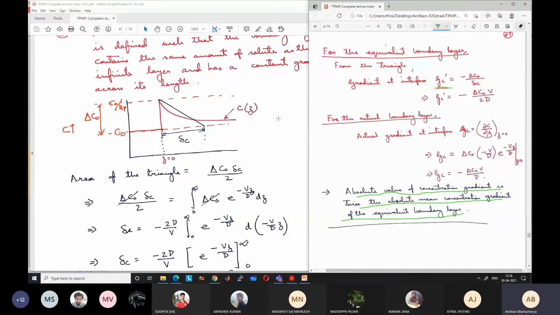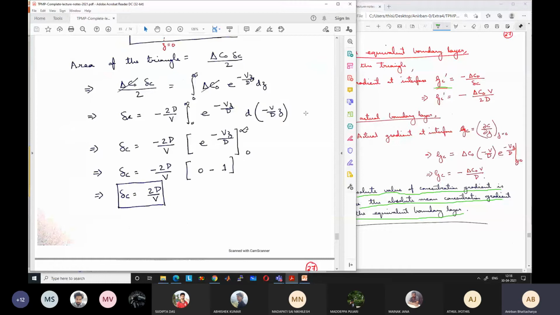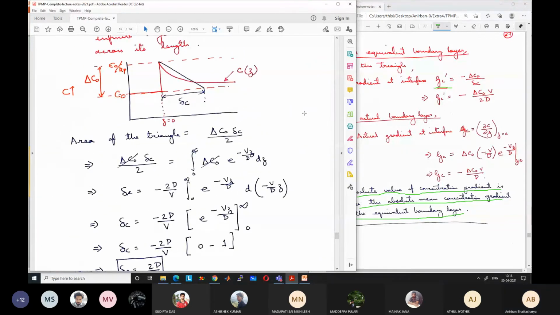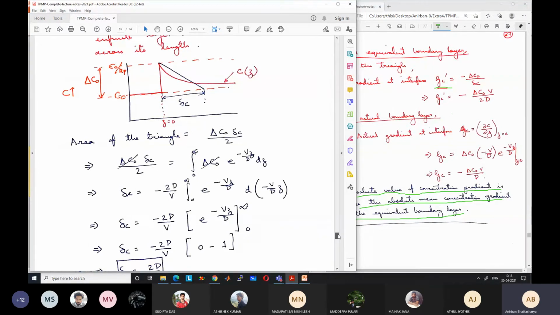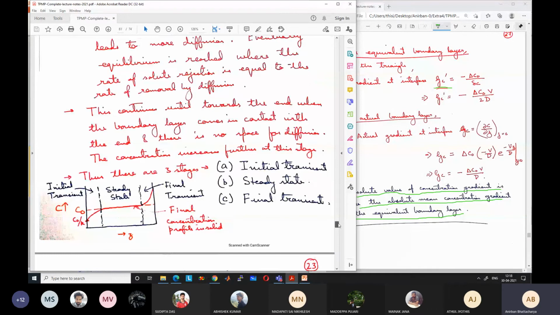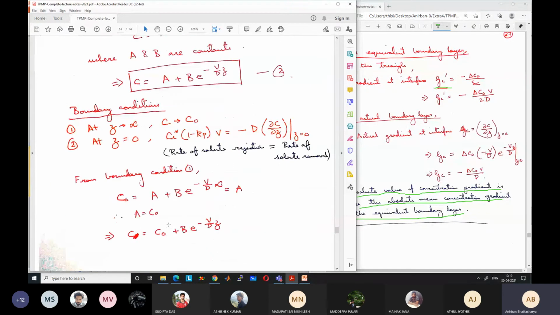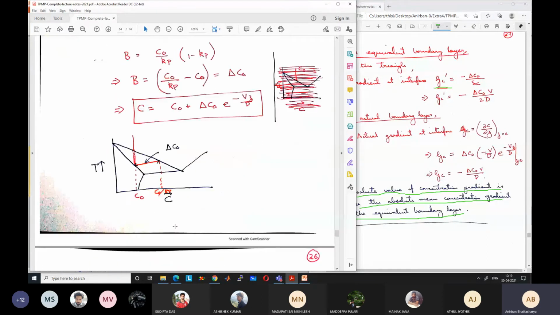So we have discussed the steady state part of the 1D solidification. We will not study the initial transient, which is much more difficult to analyze, or the final transient, which is even more difficult. Analytically, it is not possible, or it is too difficult. We need a lot of assumptions. For the steady state part, we have seen how the concentration evolves in the liquid. So this was the main task of this case.